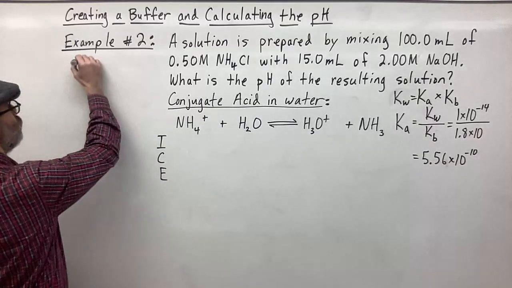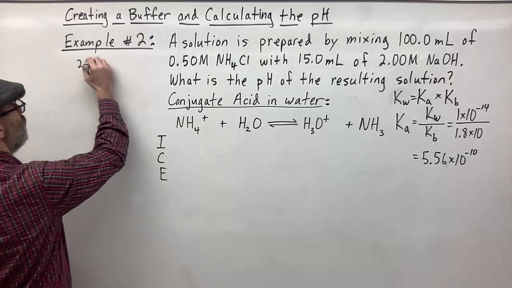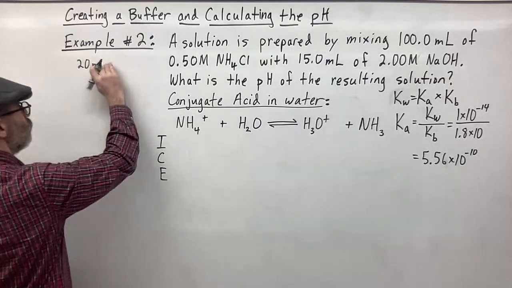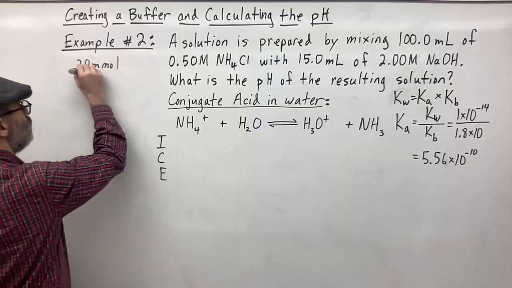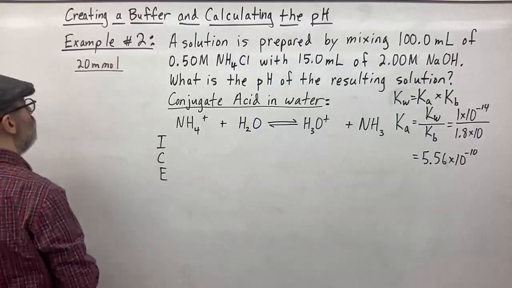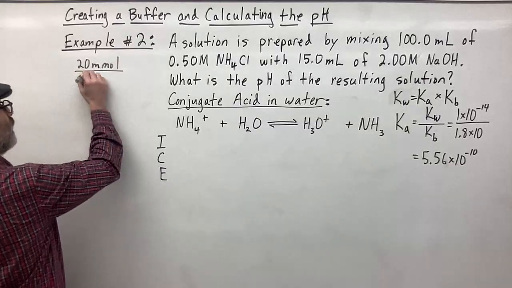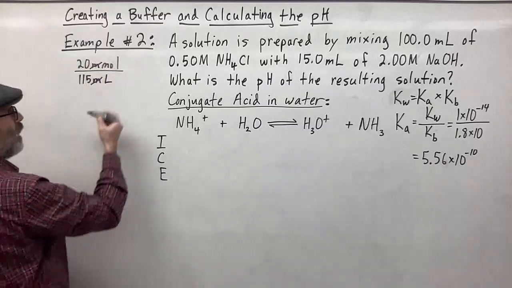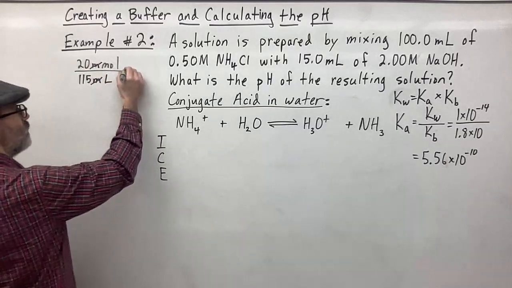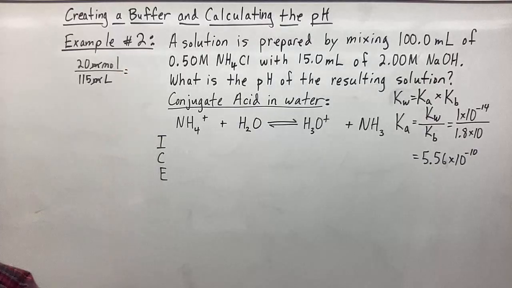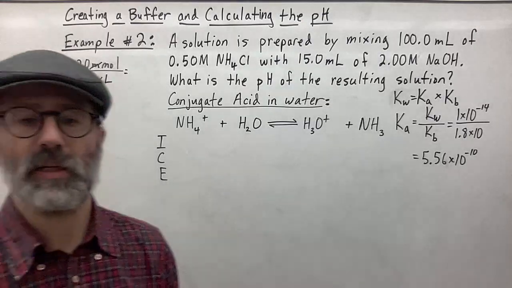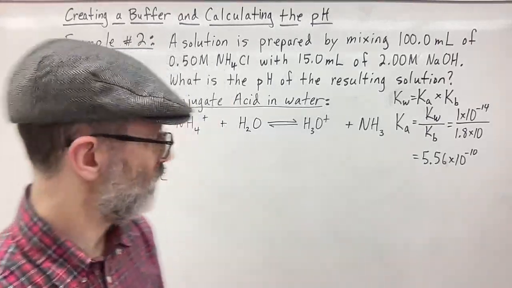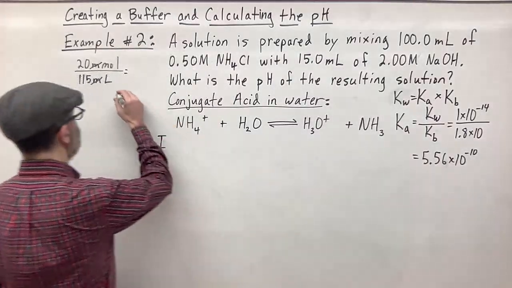So we had 20 millimoles. So we're going to take 20 millimoles, divide that by 115 milliliters. The milli in both cancel out. We have moles over liters. That's going to give us the new concentration. Let me calculate it really quick, 0.173. So that's going to equal